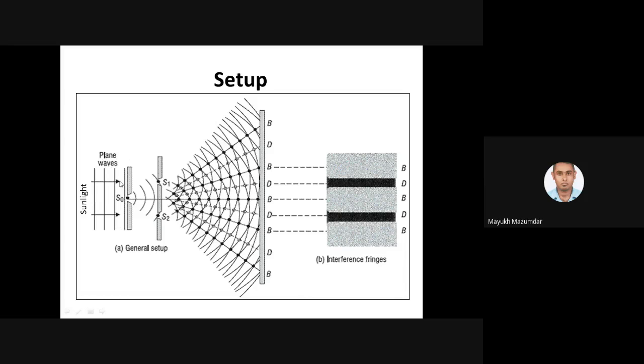So you can see plane wavefronts are hitting, and in order for the wave to propagate further, what will happen? It will give out spherical wavefronts. Again, here two obstructions. Each obstruction will act, you can think, as one source, and they will be giving out waves. They will interfere, and you will get alternate regions of dark, bright, dark, bright, dark, bright on the screen.